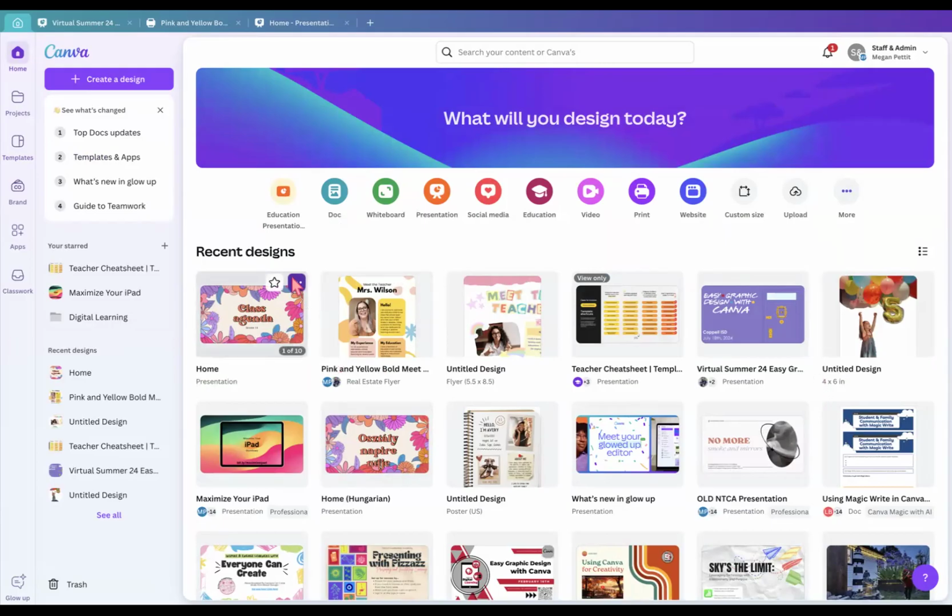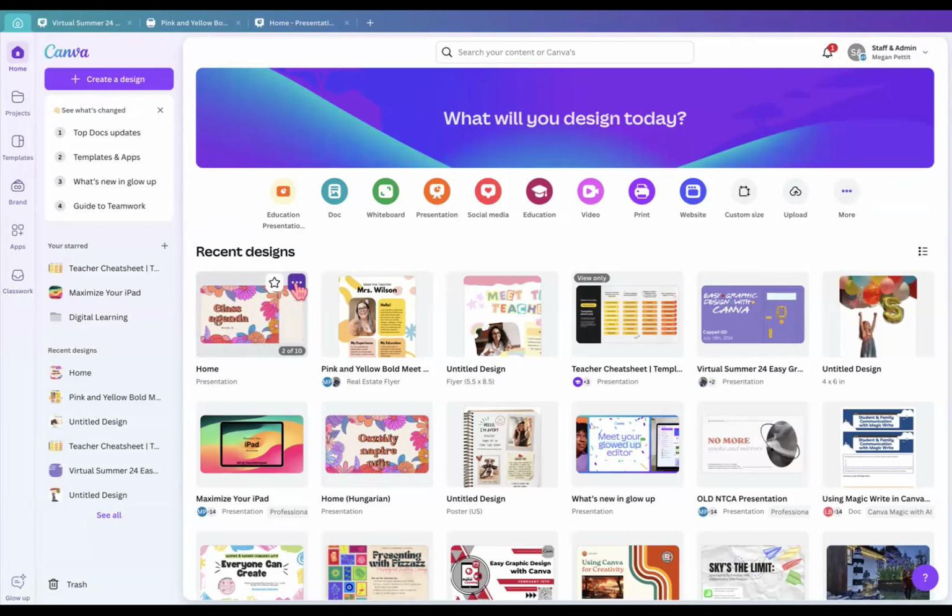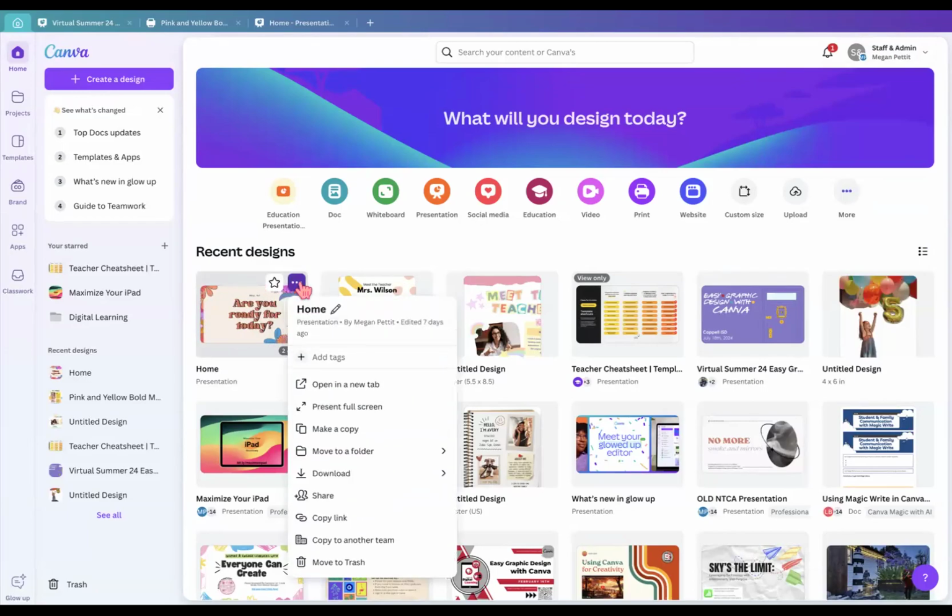So, Narda, if you've got designs that are in two different teams, just make sure that you are working inside of your campus team. And then when you see your designs, if you click on those three dots,